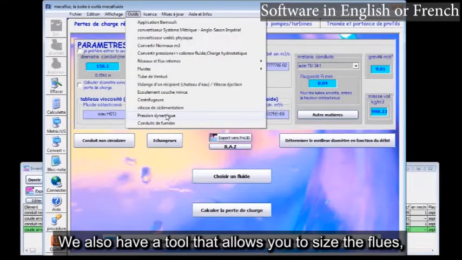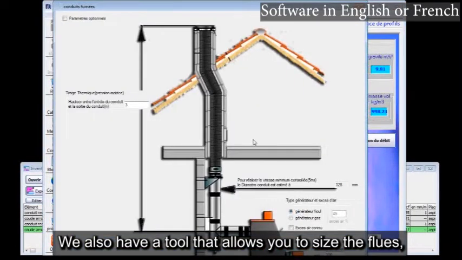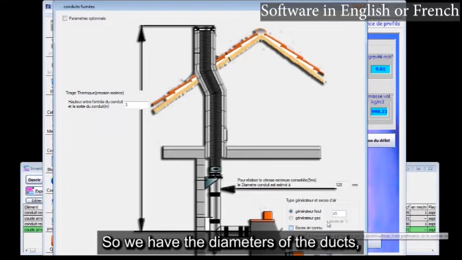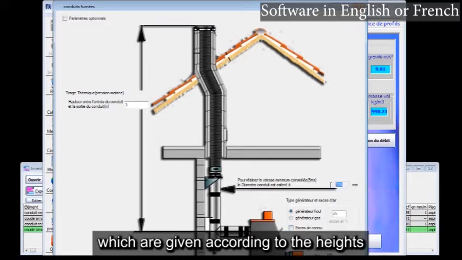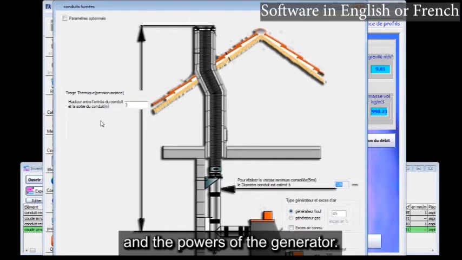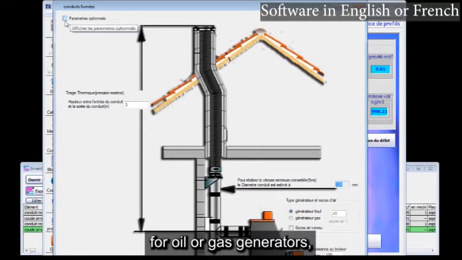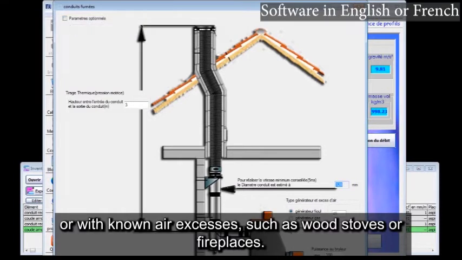We also have a tool that allows you to size the flues, depending on burner power and air access. So we have the diameters of the ducts, which are given according to the heights and the powers of the generator. We can use this application to estimate the dimensions of flues for oil or gas generators, or with known excesses, such as wood stoves or fireplaces.